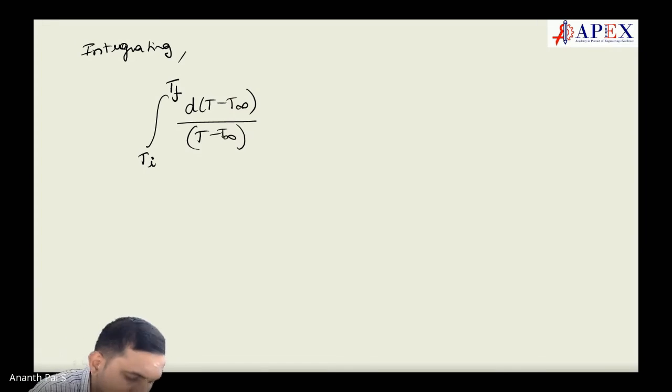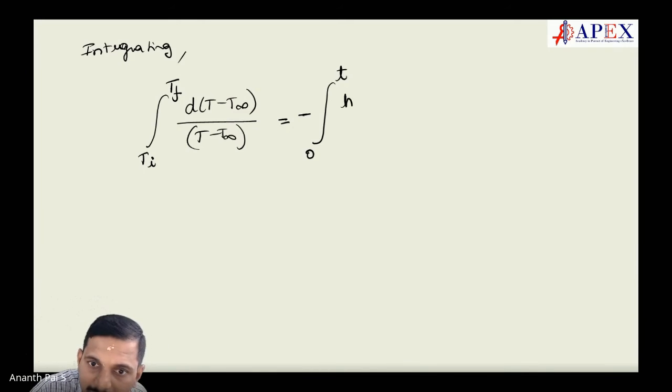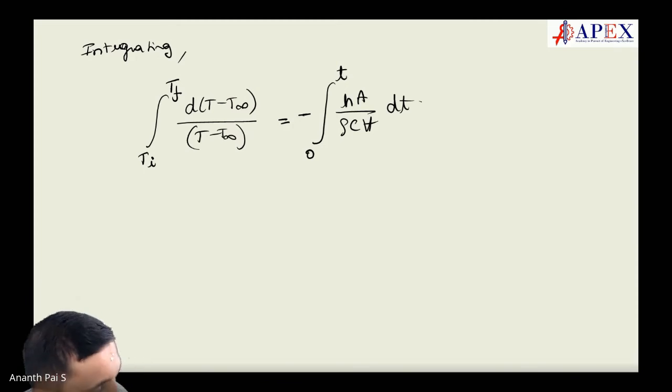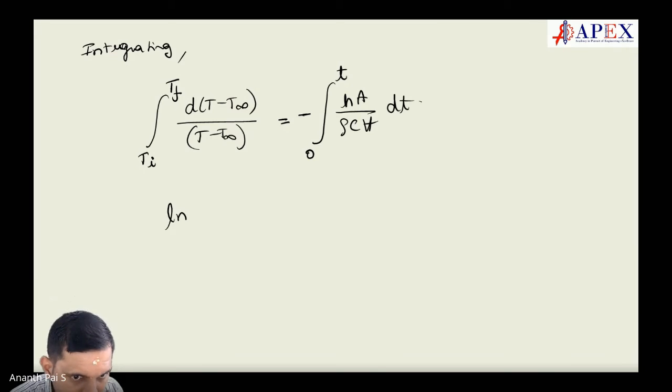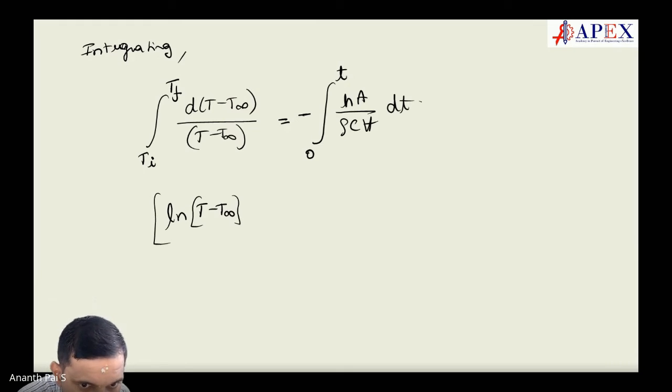So this is equal to integration from 0 to t, the time we are considering, of minus h A by rho c V dt. Correct? So I can write this as log of T minus T infinity